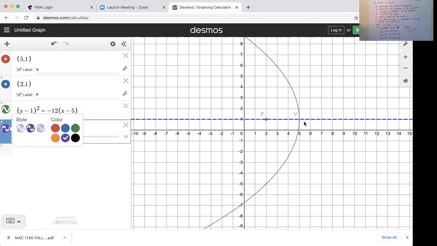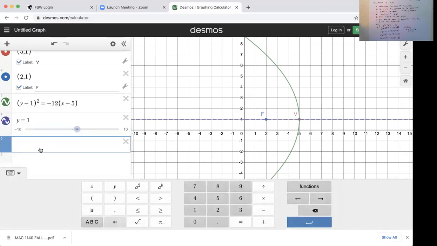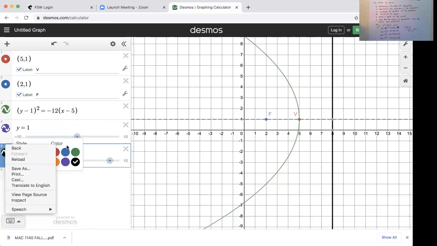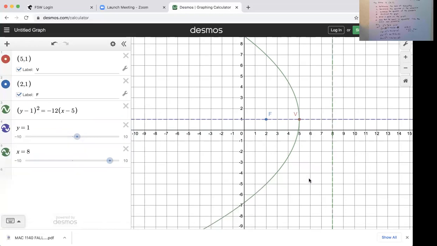Now, how about the directrix? Remember, the vertex is halfway between the focus and the directrix. 1, 2, 3 this way. The directrix would be this line. What is the name of that line? All of those x values are 8. So the directrix should be the line x equals 8. So we see that. We have our axis of symmetry, y equals 1. We have the equation of our directrix, which is x equals 8. We have the equation of our parabola, which is y minus 1 squared equals negative 12 times x minus 5, and we've